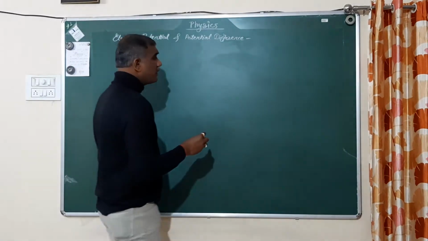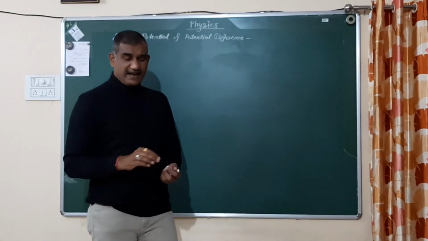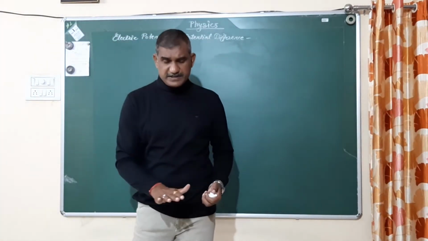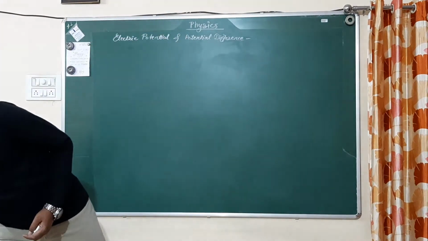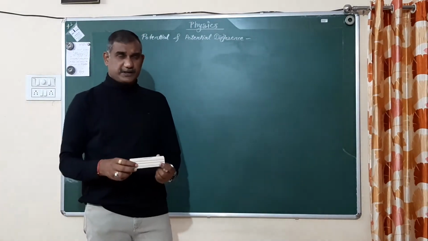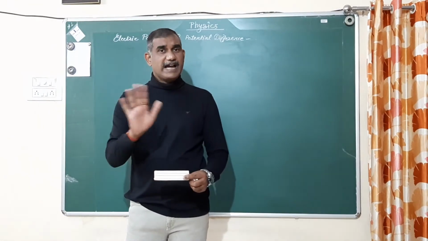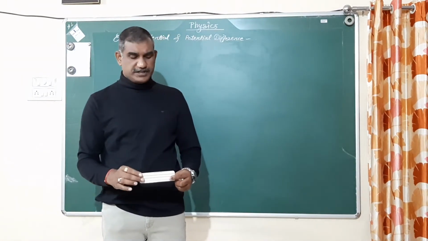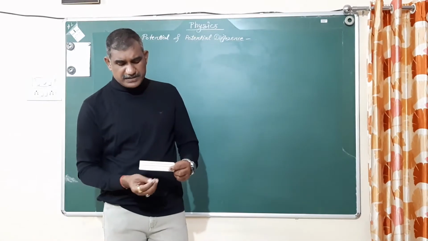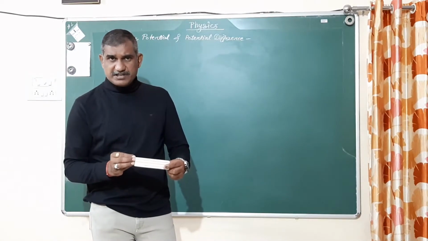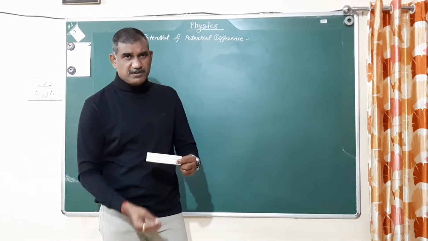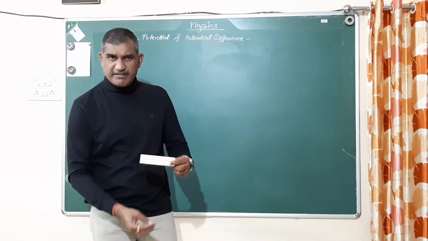First of all, you know very well, if I consider this is the ground surface, then I have this duster. Suppose a duster is at zero potential. That means I have not done any type of work on this duster. Suppose the duster has mass m, and its gravitational force in the downward direction is equal to m into g.